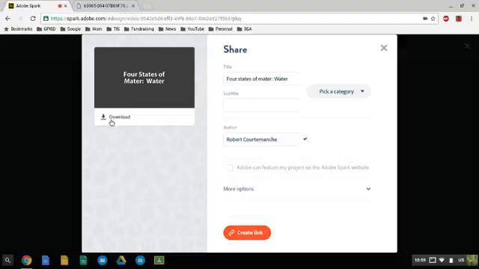Now, downloading to your Chromebook is probably not a great idea because your Chromebook doesn't have a really huge hard drive. So my suggestion would be then to download it to a different computer that you have access to, maybe a Windows or a Mac, where you can then upload it to your Chromebook. But you can just as easily use the create link to add it to Classroom or any other content management system, so that if the students need to turn it in,